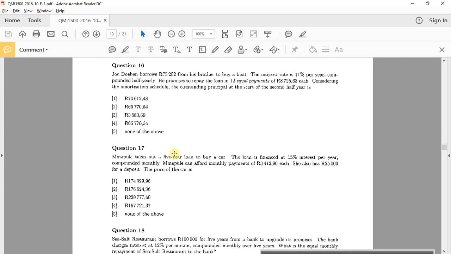So there's 12 payments every half year, because it's the half year. He promises to repay the loan in 12 equal payments, so there's 12 payments that are half yearly apart. So every half year, he's going to pay